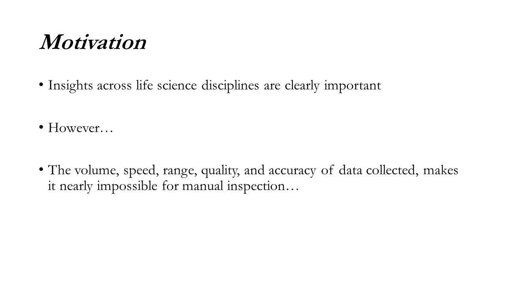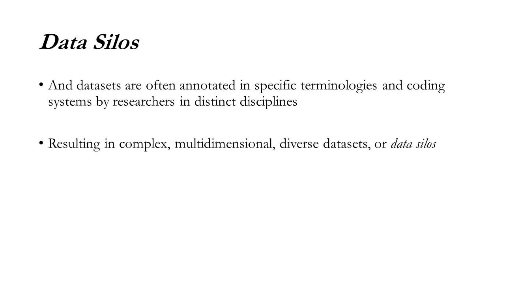You have to rely on other experts, and even when they're in your own discipline, it's hard to keep up with the material. This is one of the reasons why we use computers to help us do this sort of thing. They're much faster. It's sort of like brute force explanation. Data sciences in particular look for patterns across large data sets. But to be able to do this, we have to have data coded in comparable language. But unfortunately, data sets are often annotated in terminologies specific to disciplines, coded in systems by researchers parochially. This makes the resulting multidimensional, diverse data sets uninteroperable.